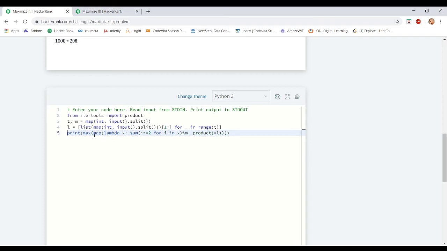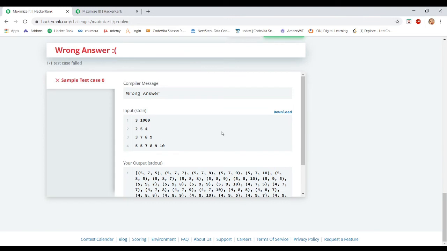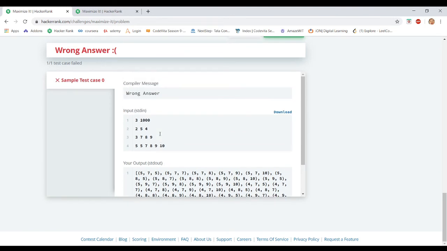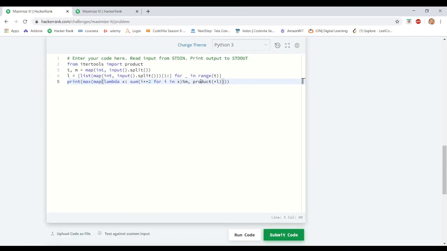For this we are using the map function. The map function maps these two pair attributes. The product of L in each iteration gives one tuple. Let us consider 5 7 5. It gives 5 7 5 to this lambda of x function. x catches 5 7 5.